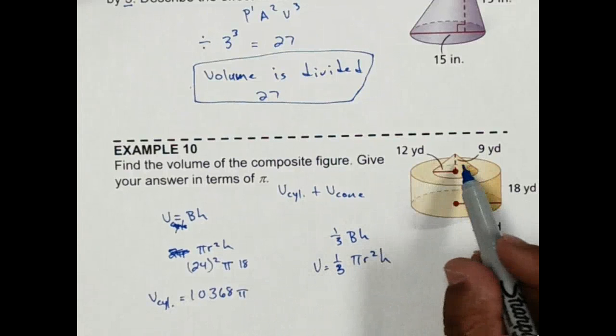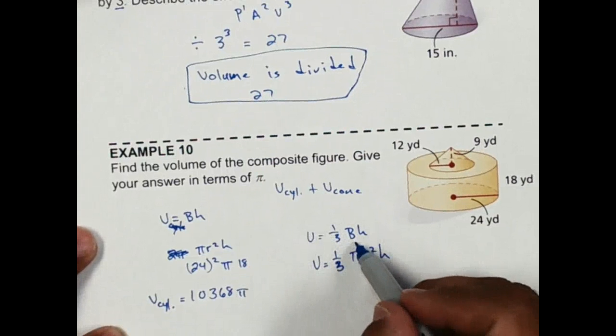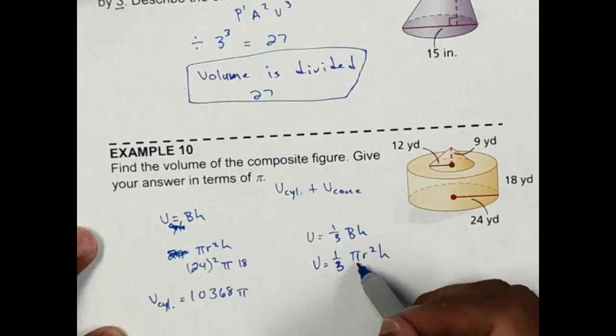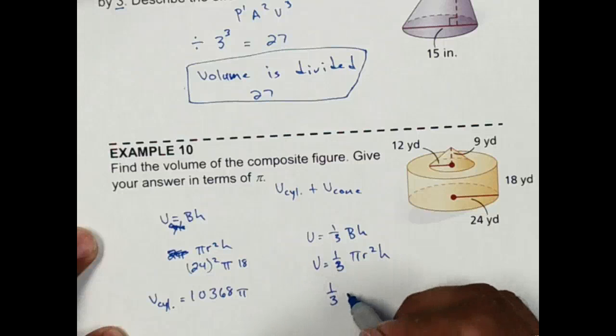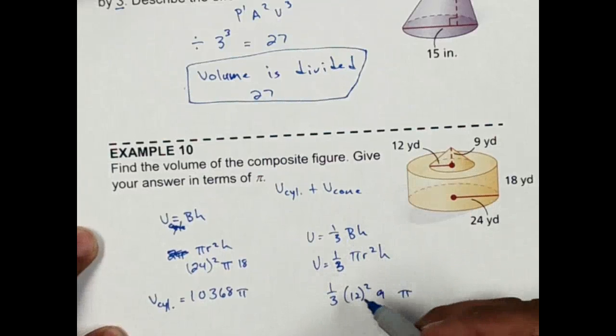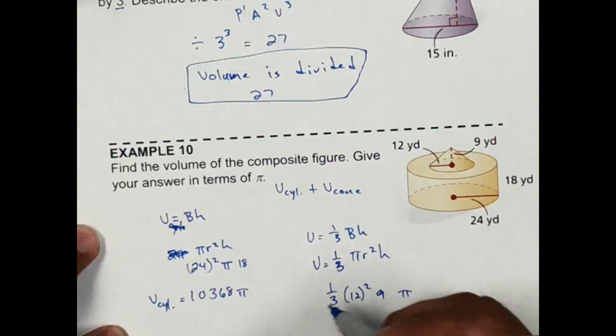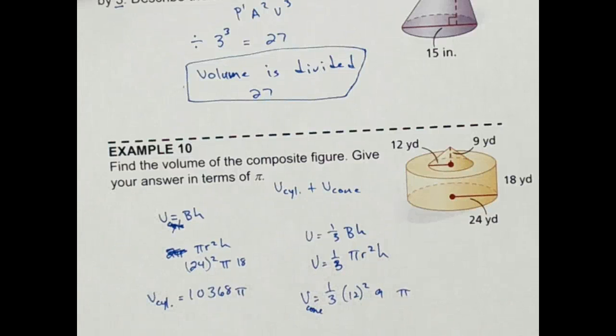For the cone, remember that the volume is equal to 1/3 area of the base times height. The capital B stands for the area of the base, which is pi r squared. So I want 1/3, and I'm going to move the pi to the end. My radius is 12, so I want 12 squared, and my height is 9. So I want 1/3 times 12 squared times 9. That's going to give me my volume of the cone. Putting that in the calculator is going to give me